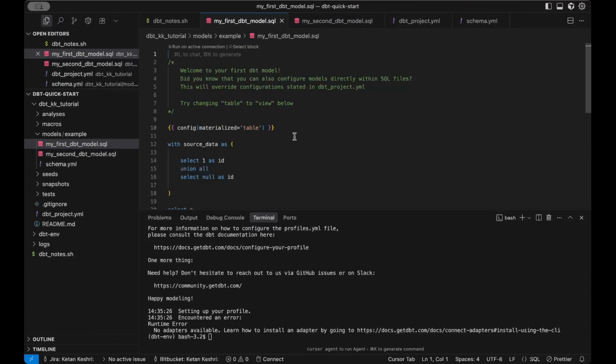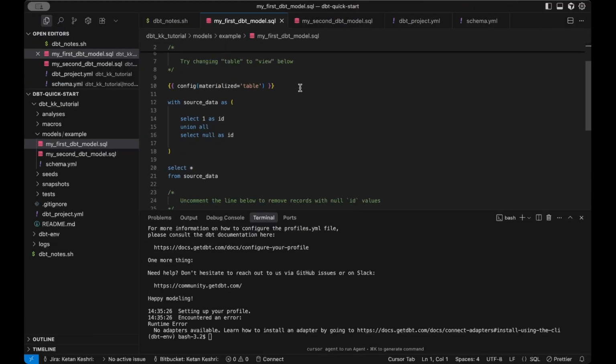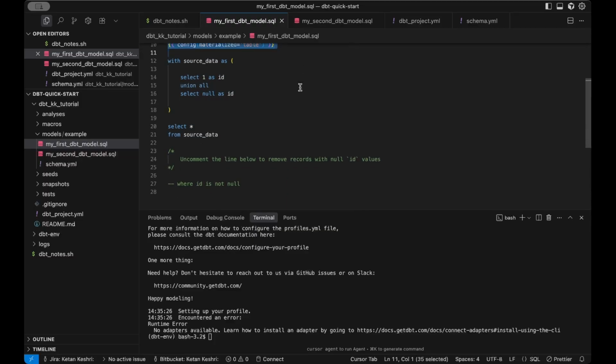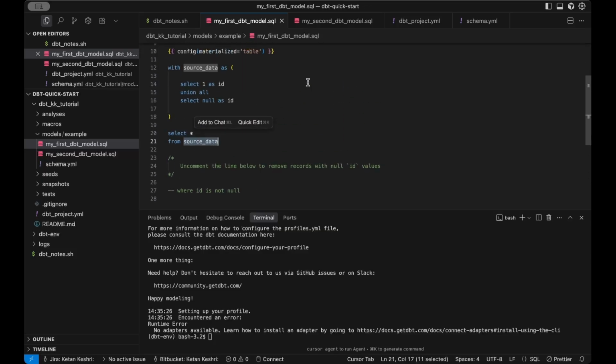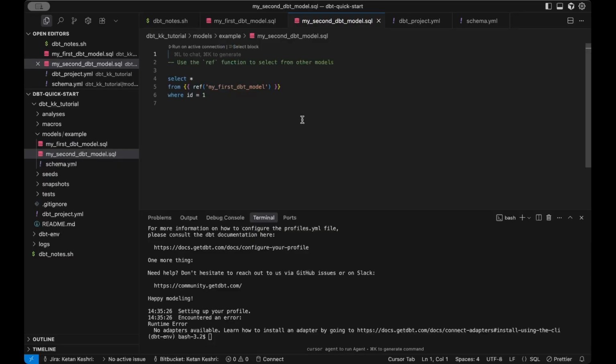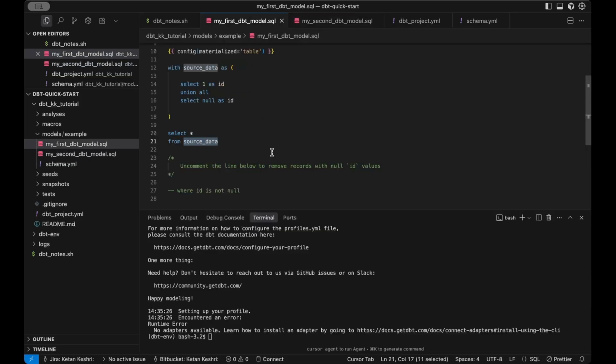So these are two sample models. So you can see the configuration. So it's a basic configuration and basic model. Later we will see what is the meaning of all those configuration and how to create more advanced data models. And this is referencing to the first model through ref. So we will see what is the meaning of ref and source,